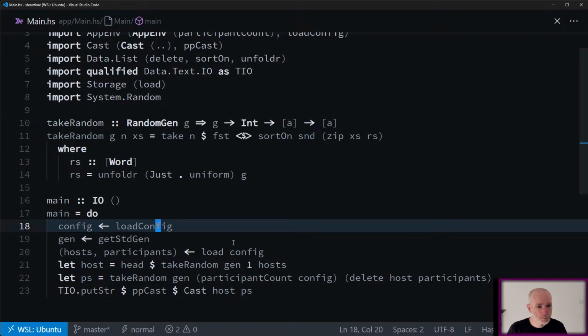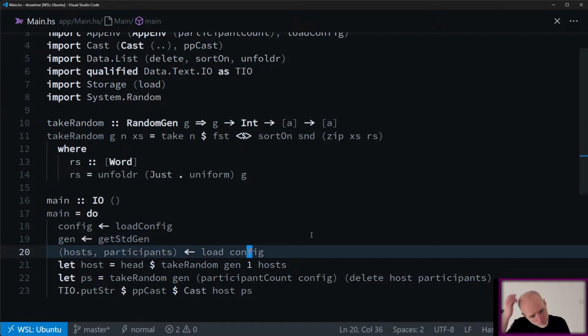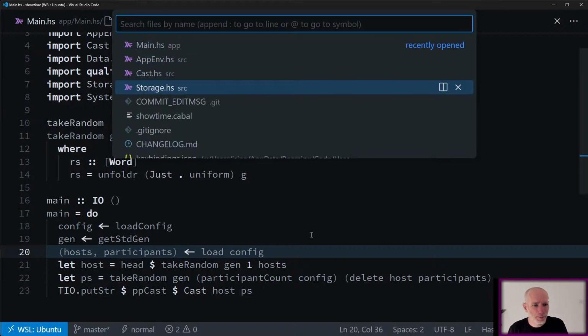For some reason, the next thing I do is seed the random number generator, but this is just using current time, I think, to seed the generator. So it's reasonably random, but not cryptographically securely random. We have our generator, which we don't use quite yet. Don't know why I did it in the middle, but then we have this load config. Again, a bit of a strange name. It's probably in here.